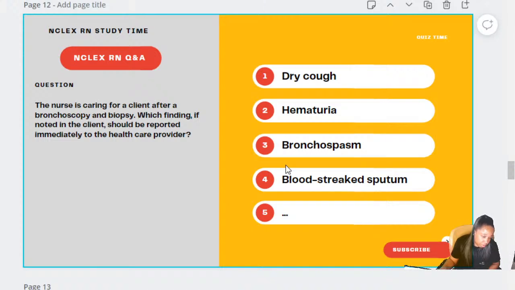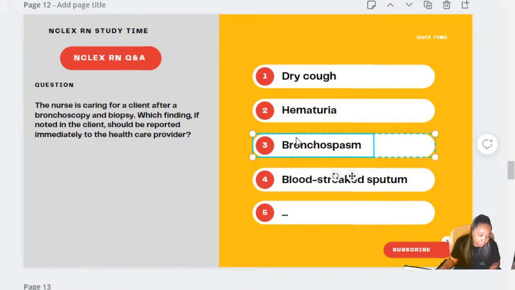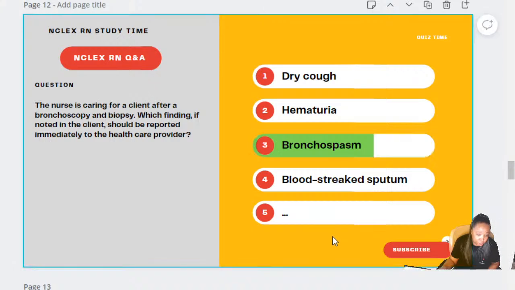Bronchospasm, yes. A bloody sputum, no, because the patient just got a biopsy. Of course, you will see the blood. The only problem is if it's too much blood, like hemorrhage, where you see a lot of blood coming out. That's a different situation. But if they just tell you a blood-streaked sputum, a little blood in the sputum, this is not an emergency situation. The bronchospasm is very important, a life-threatening situation,